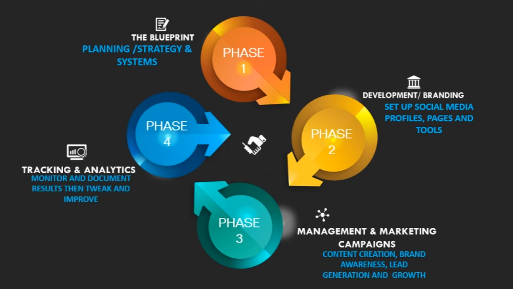is tracking and analytics. So you are executing a lot of marketing campaigns. At this phase, you would want to track the results of these marketing campaigns you've executed, and beyond just monitoring and documenting the results, you want to also tweak the campaigns, because when you monitor the campaigns, you actually see what is working and what you need to change, and that would help you tweak and modify the campaigns to better improve the results generated for that brand. So if you're able to successfully complete these 4 phases, you actually come to a place where you make the client happy.